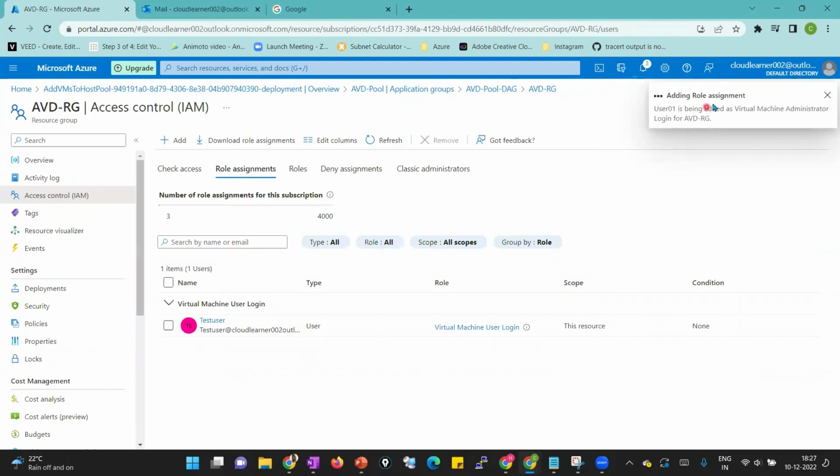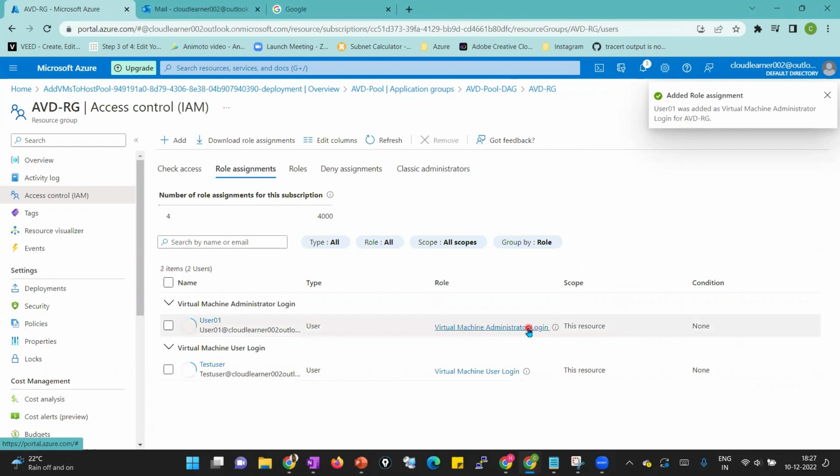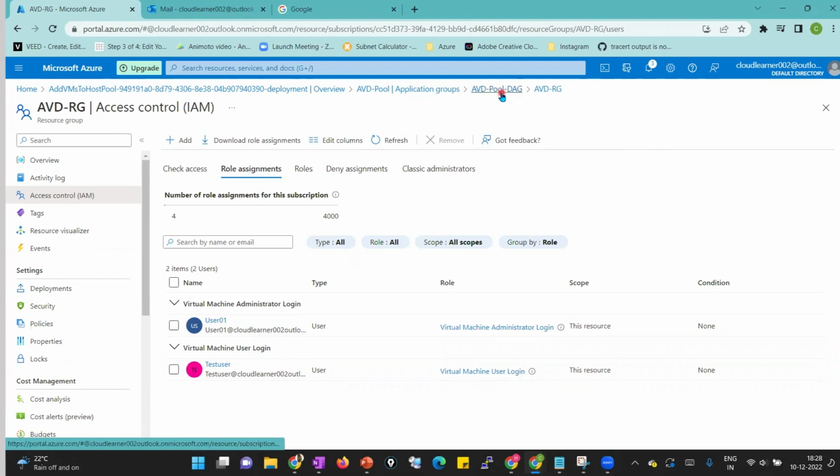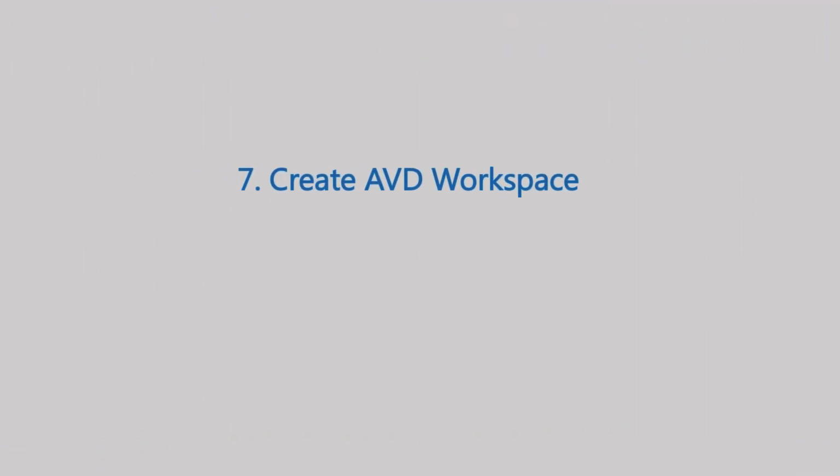So in this example, I have assigned two roles, that is virtual machine user login, where a user can log in as a normal user, and the admin login, where a user can log in as admin to this virtual machine. So that is done. Now we will go to the next task, that is creating an AVD workspace in the host